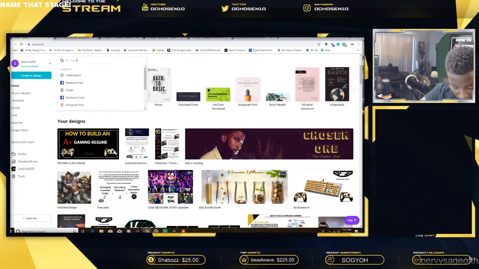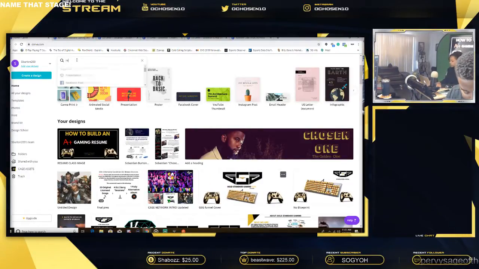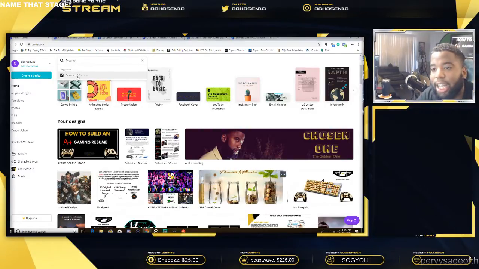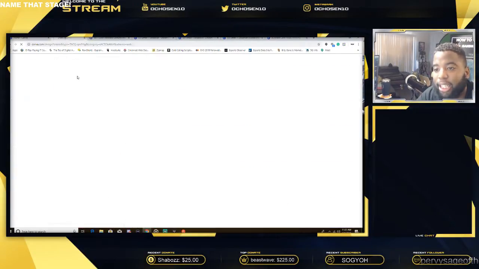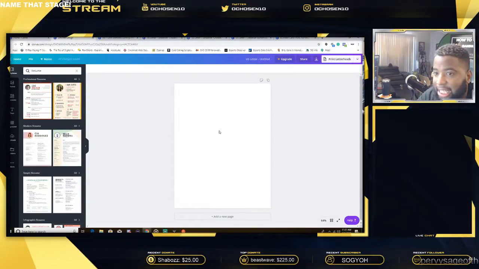What do we need? We need a resume. Canva has this awesome search bar where you just type in resume and it gives you the suggested thing. It's letter paper, the same paper I just pulled out. It's going to help us size the project to be about that size. So boom, if we were to print this, it would come out just like this. And then Canva takes it a step further.